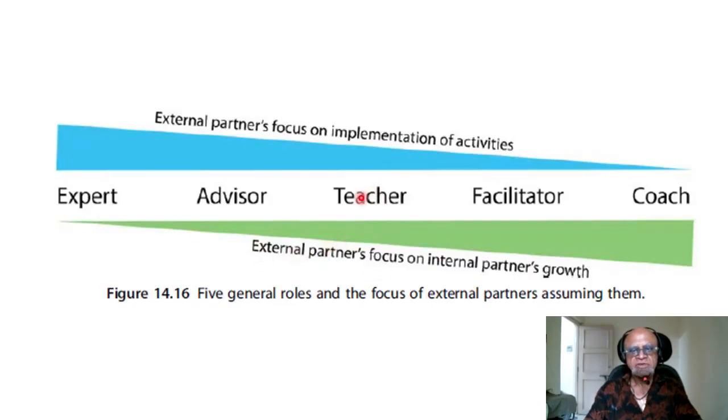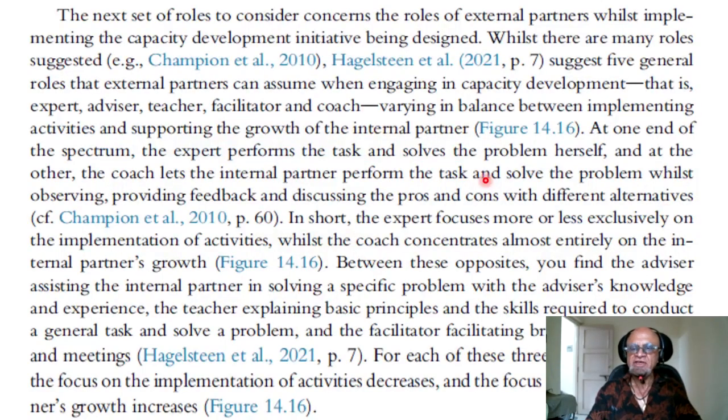Then they become teachers, enablers, educators, capacity builders as such, and eventually they should become facilitators and just coaches who are advising from the sidelines, so that internal partners' growth is now owned by the internal partners and they can then take it forward, so that the role of the external partners focused on implementation of activities is ending and they're just becoming now coaches who will hold hand and guide as necessary to play the game effectively in the